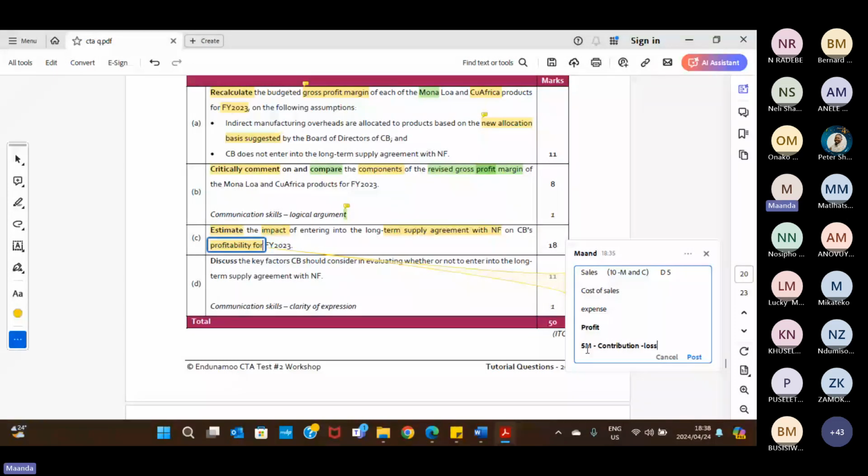So I'm now losing this contribution. I need to calculate it because I had taken it into account when, say, I was doing my budget here. But now, because of the introduction of D, I'm not going to have it, meaning I'm going to lose it. So I need to calculate the contribution, and then I'm going to say that my profit was this, and the impact of that will be me losing this contribution on the profit. That's then the impact on profitability. However,